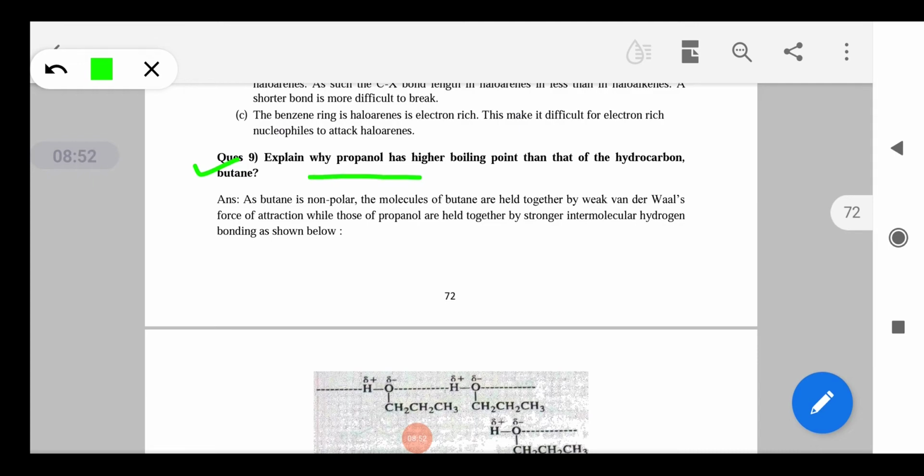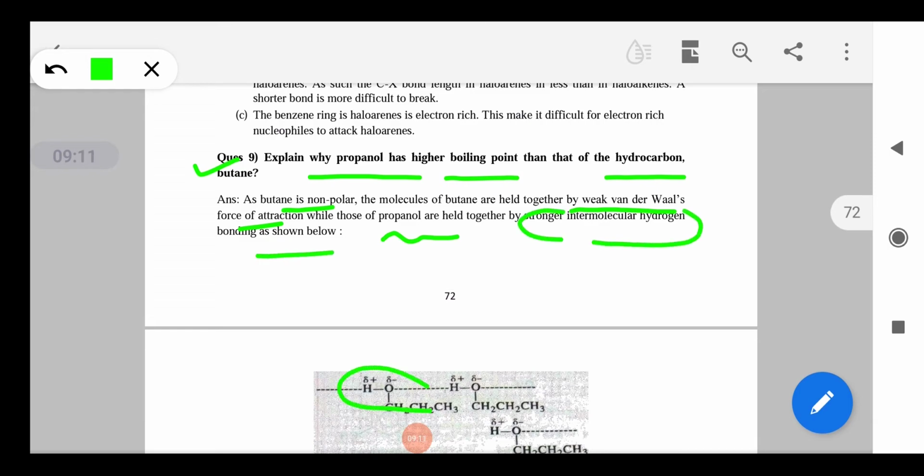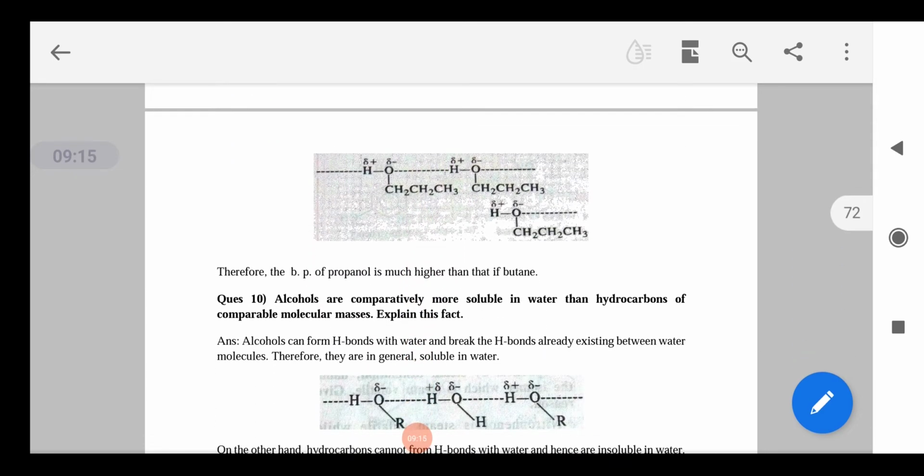Explain why propanol has higher boiling point than that of hydrocarbon butane। सीधी सी बात है, जो ब्यूटेन है वो नॉन पोलर होते हैं और उनमें वीक वंडरवाल्स फोर्सेस ऑफ अट्रैक्शन होती है, जबकि प्रोपेनोल अल्कोहल्स में स्ट्रॉन्ग इंटरमॉलिक्यूलर हाइड्रोजन बॉन्डिंग होती है, जैसा कि यहाँ पे दिखाया गया है। इसीलिए बॉइलिंग पॉइंट अल्कोहल्स प्रोपेनॉल्स का ज़्यादा होता है।